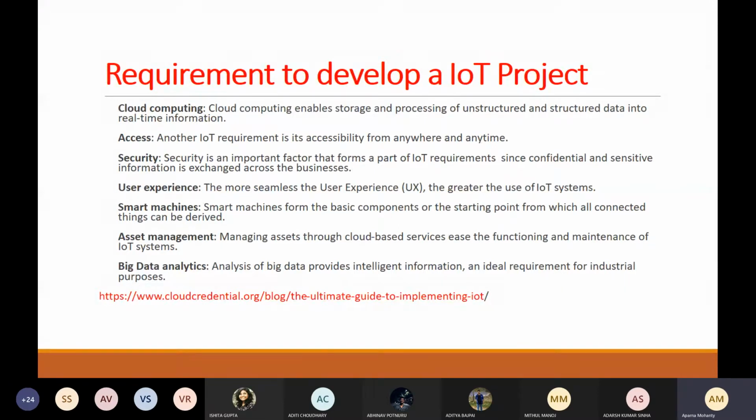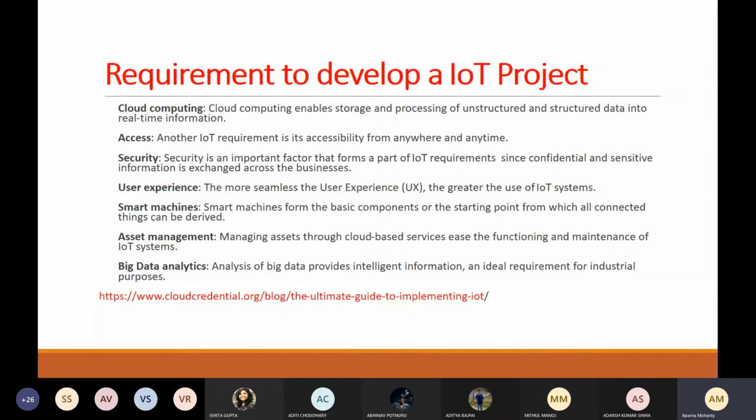Suppose in any project, for example in your J component, the first thing is you define your problem statement, then you go for your requirements. I need this component, I need that component, all that you first write down, and make sure that whatever you write in the requirements is clear and unambiguous. If you need a particular sensor, you need to specify what frequency range it should work in and what distance it should work at. All this needs to be specified. All this we covered in the previous classes.